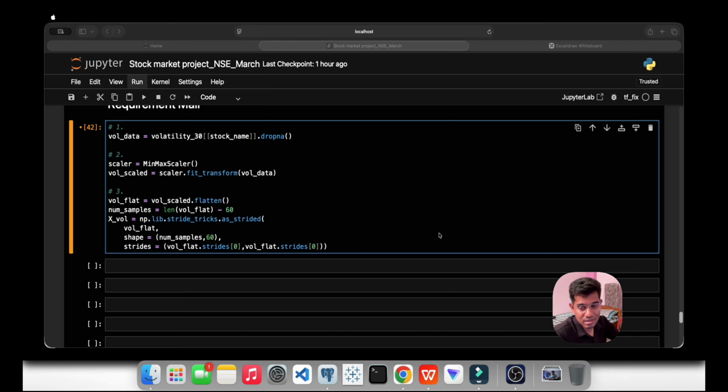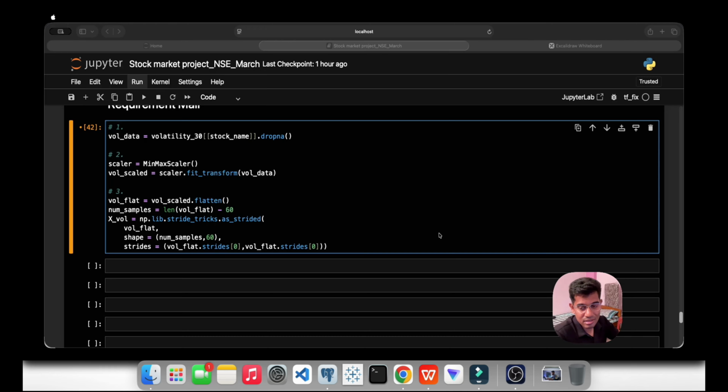Now the third line is about y actual, scalar inverse transform, where we do y test reshape. So there are two parts here. It converts the actual test value to the original scale, because we compare the prediction in original scale to the actual in original scale, and both need the same units.